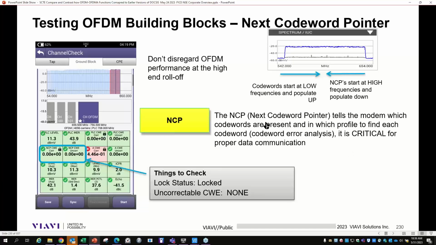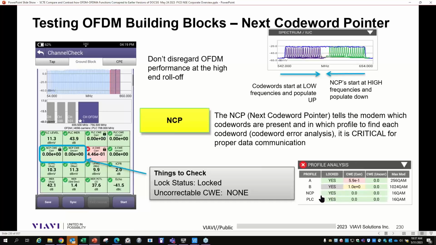So the next example is the next codeword pointer. Remember, codewords start at the lower portion of the band and populate upward, right? And the next codeword pointer starts at the top of the carrier frequency and populates downward, for example. So when we look at the next codeword pointer, it tells the mode in which codewords are present and on which profile to find each codeword. Codewords are analyzed, and it's critical for the proper data. So again,